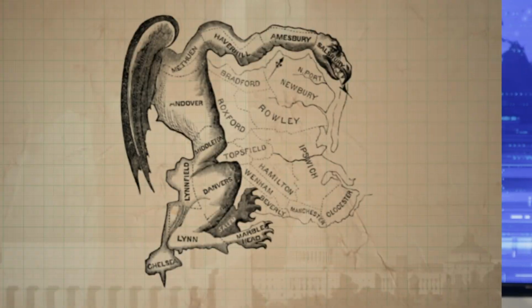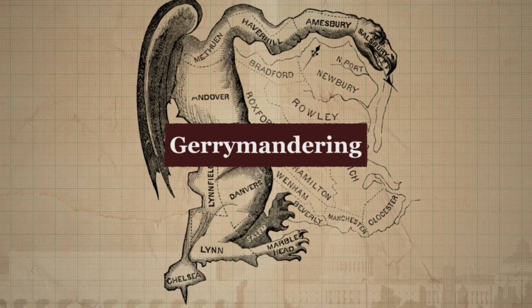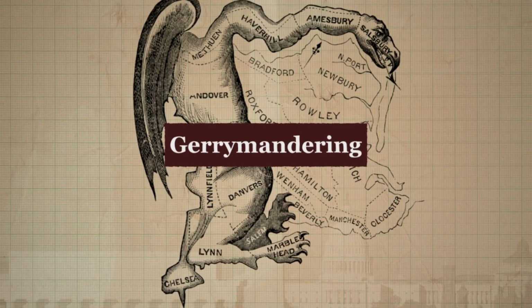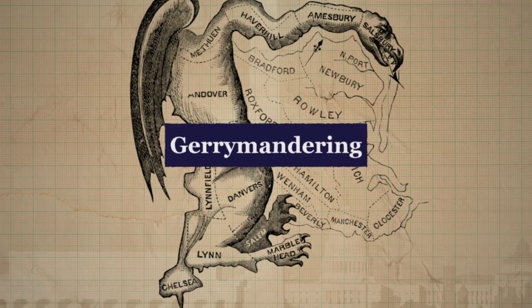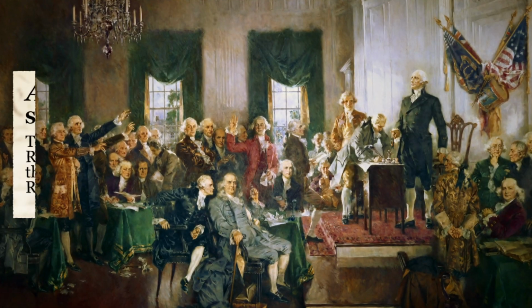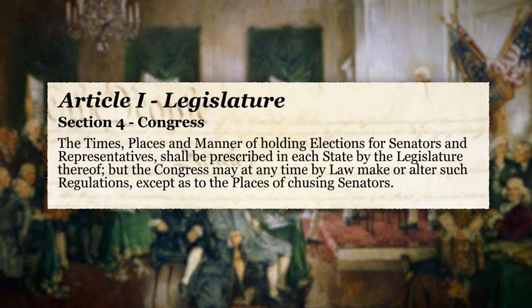Today we're breaking down one of the most debated topics in American democracy, gerrymandering, which is the drawing of election districts to favor one political party over another. Now, should this be allowed? You decide. The Constitution doesn't say anything directly about redistricting, but Article 1, Section 4 gives the states the power